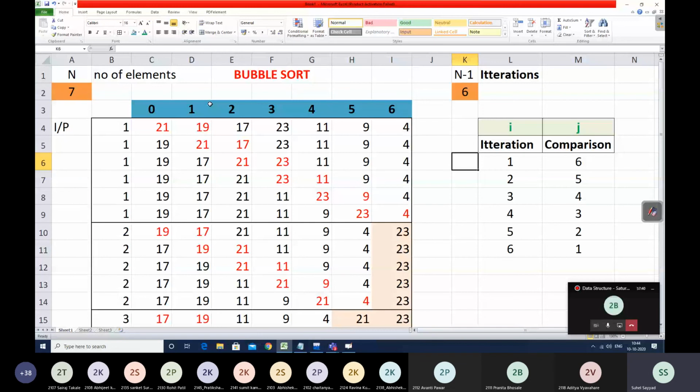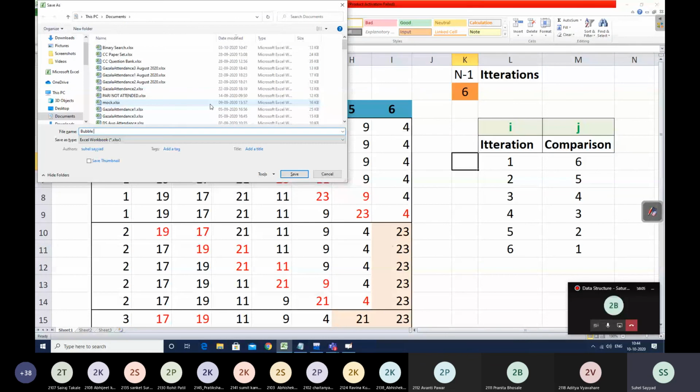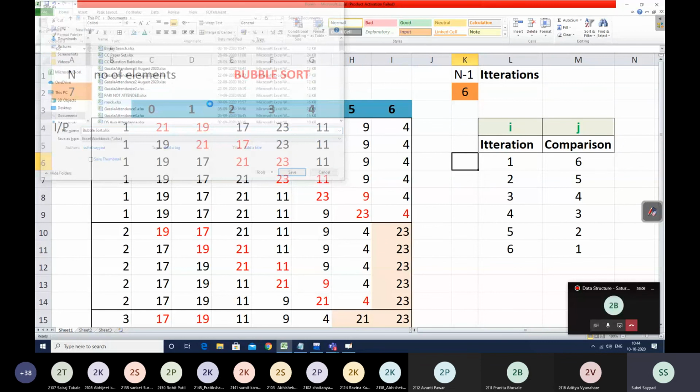The exact initialization condition of this i and j I'll explain in Monday's lecture, because it is not possible to cover it in 1 minute. What as of now today we can remember is that we will be having two variables i and j in a nested for loop. i will talk about the iterations. Inside each iteration there are comparisons, so inside that there will be a j loop for comparison. How to write that i and j loop I'll discuss in Monday's lecture. But is this understood up till now?